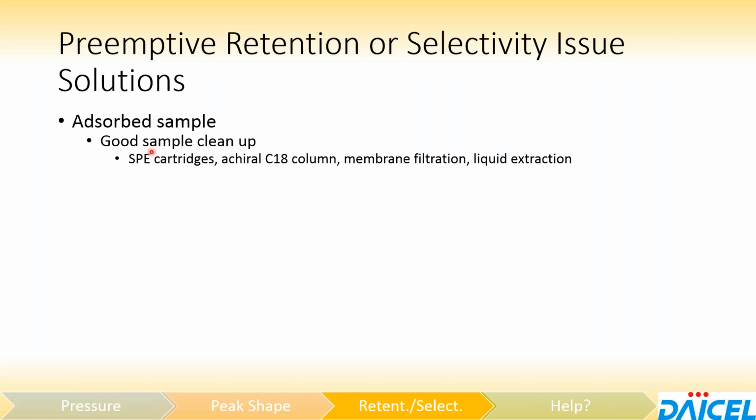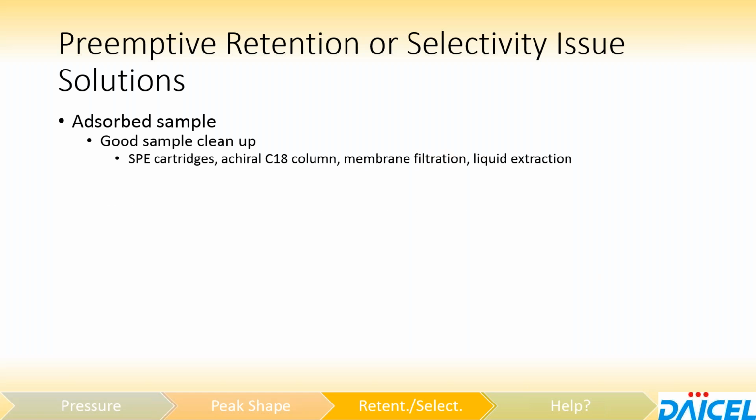You can use something like a solid phase extraction cartridge. If you have particularly sticky components that you might want to separate out, or just components that are interfering with the chromatography, do an achiral cleanup beforehand. You might even need to go into membrane filtration or some other kind of liquid extraction to remove those components that are causing some